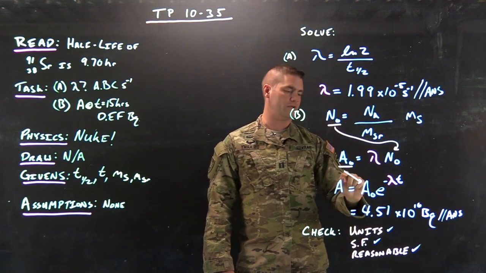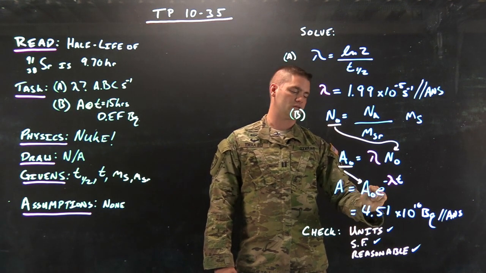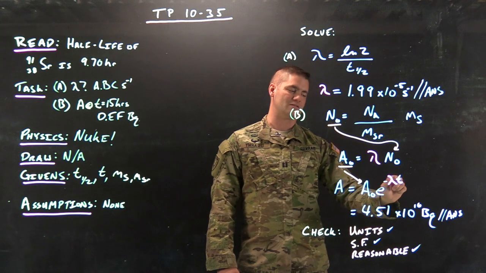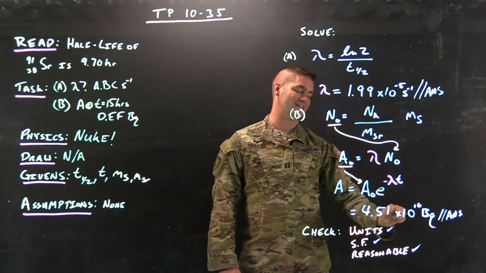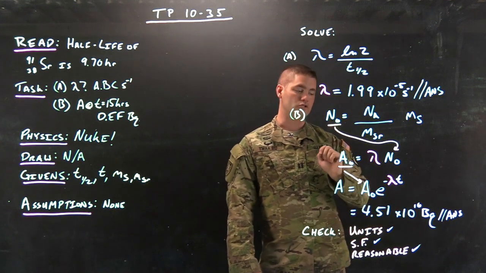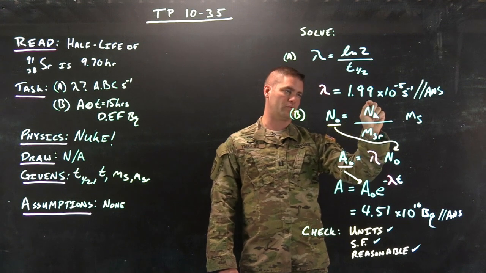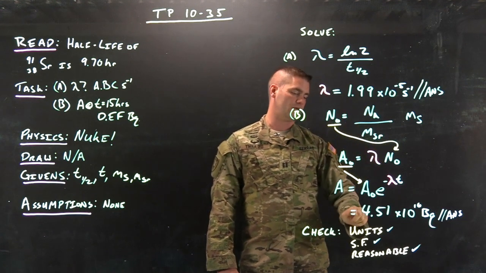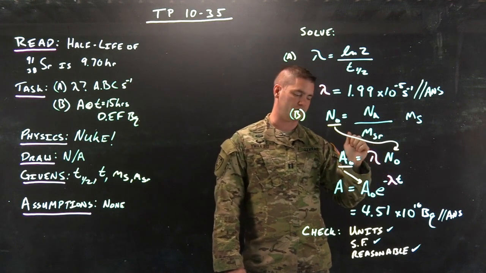Once we get that initial activity, we plug it into our decay equation, where we get the initial activity times the exponential of the decay constant times time, which gives us a final answer of 4.51 times 10 to the 16th becquerel. Doing a real quick significant figures check, we have 1.99, which is 3 sig figs, 4.51, which is also 3 sig figs. We've already checked our units, and the answer is